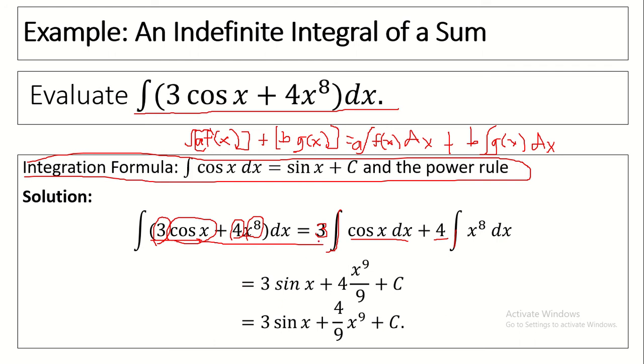Okay, so that will be equal to, so just copy there 3. And then, integrate this one. The indefinite integral of cosine x dx is, so ito yung formula natin, is sine x plus c. So, 3 sine x plus, applying the power rule for the second function, we have, copyin ulit natin yung 4 doon. And then, x raised to 8. So, of course, the exponent 8 times the coefficient. 8 times 1 is,